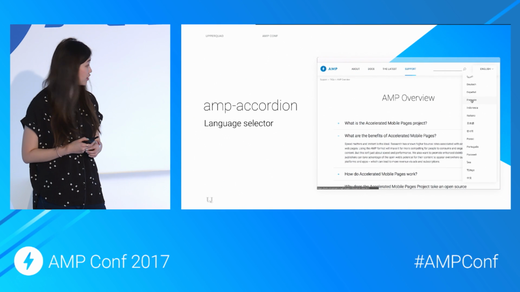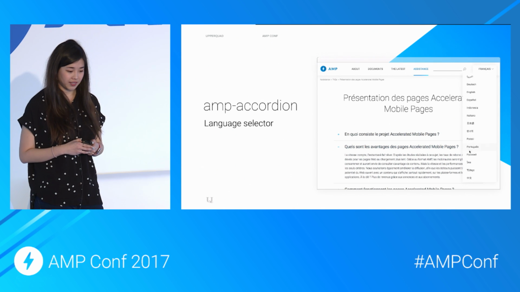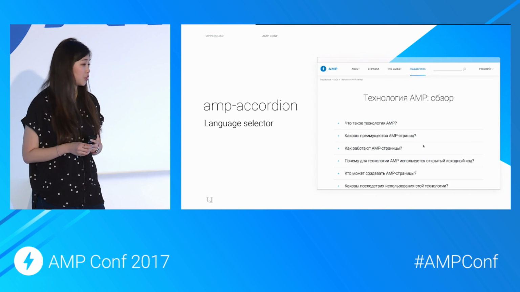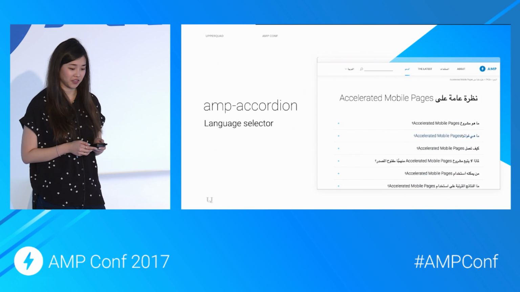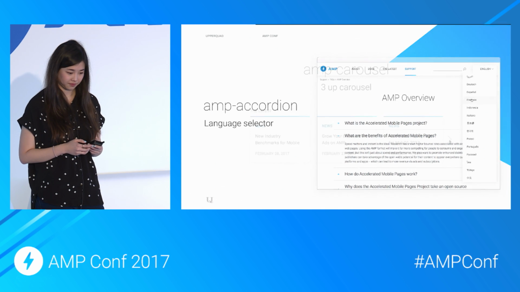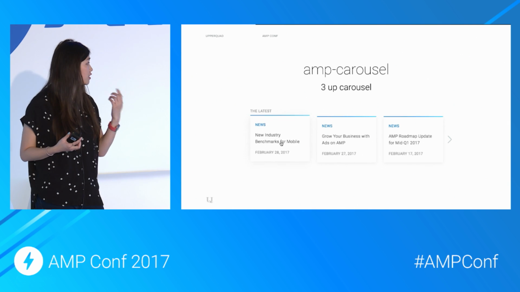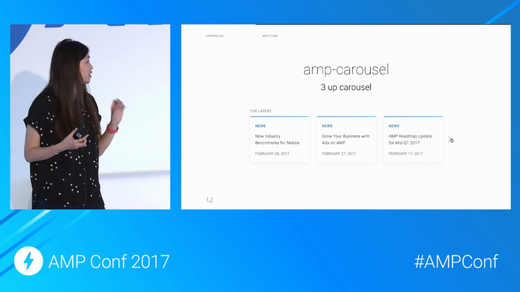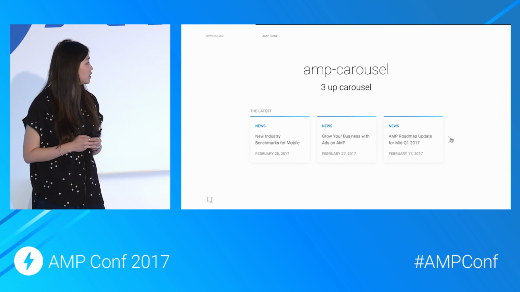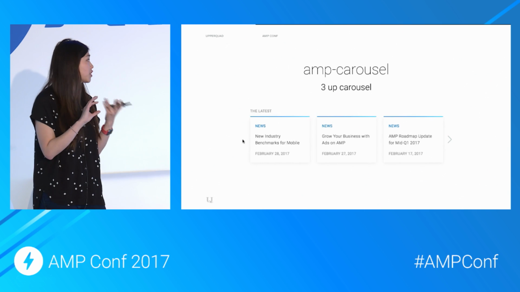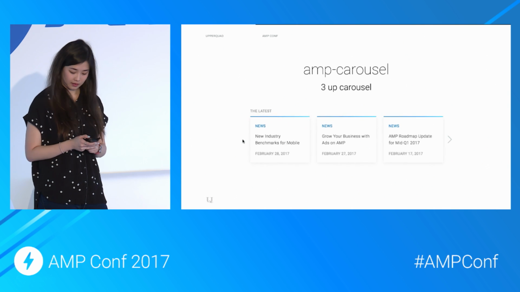Similarly, the language selector is also controlled using an AMP accordion. So you can see that that little toggle logic that you would usually write a tiny bit of JavaScript for, you can reuse AMP accordion to do that in a few different weird ways. We had designed on our site a 3-up carousel with 3 cards. Originally, we wanted it to be able to advance 1 card at a time, but that wasn't really possible yet. So instead, each slide of the AMP carousel has 3 cards on it, so it looks like a 3-card carousel.